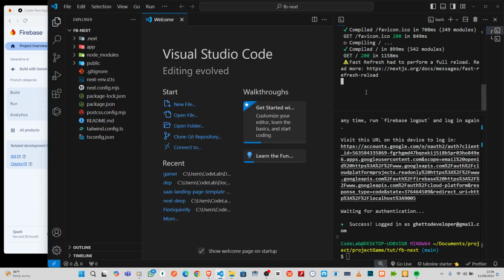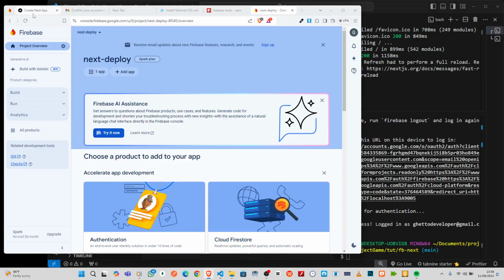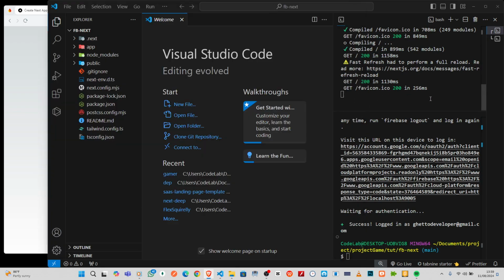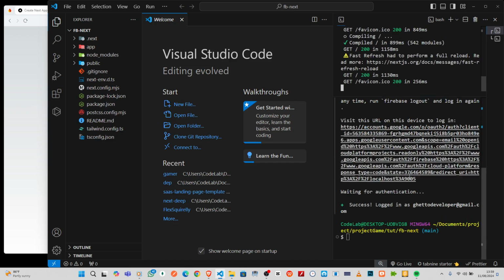So if I come here and I run my, so this is my local project, right? So what we want to do now is to take our local project and put it up in the cloud, right? So that we can send the URL to our friends, right? Good. Okay, so make we do that now. So we already signed in. So the next thing we're going to do now is to say